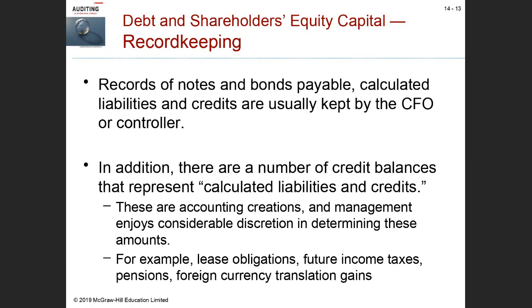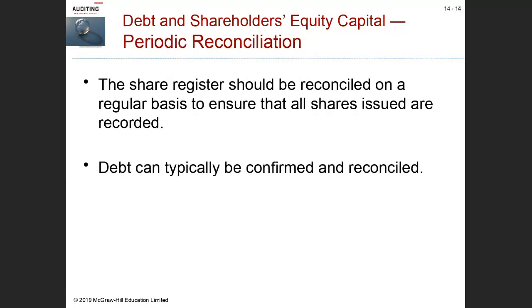So we need a process in place to properly estimate our lease obligations. We need a process in place to properly estimate our pension liability. We need a process in place to measure our future income taxes. All of these areas, because they are uncertain and just calculations, we have to have processes in place in order to properly record the proper amounts. We'll talk more about that in a few minutes. But proper record keeping control is very important. That's discussed on page 627 in the text.